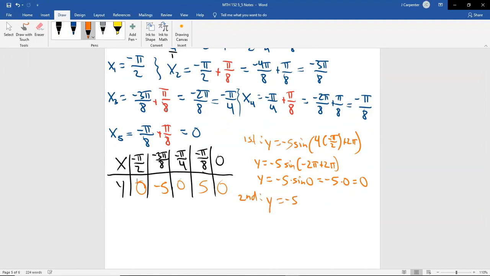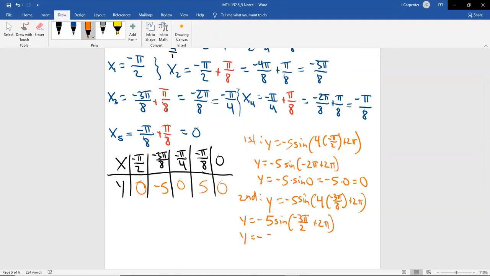So y equals -5 times the sine. Sorry for the 5 and the s looking the same. Hopefully you get it right in your notes. And then 4 times, now we're plugging in -3 pi over 8, then plus the 2 pi. That's y equals -5 times the sine of the 4 and the 8 reduced to a 2 in the bottom. So -3 pi over 2 plus 2 pi,